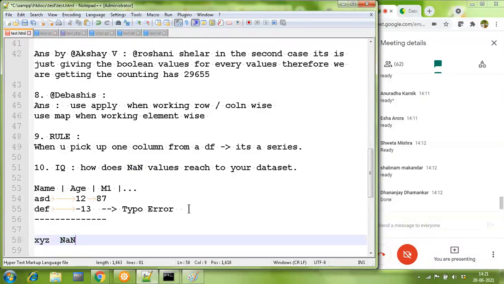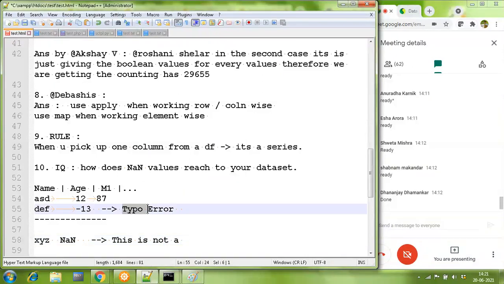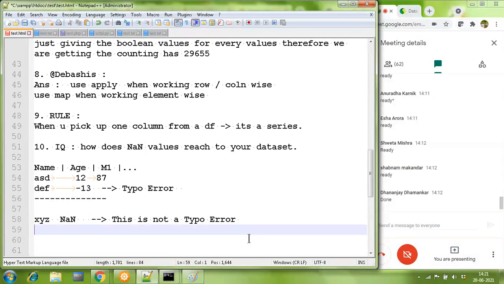Therefore, this is at least not a typo error, 100%. This value has not come because of a typing mistake. This value would have come here because of some conversion or some processing which you would have done, some kind of transformation. So most of the time NaN actually reaches your database due to transformation errors, due to conversion errors.